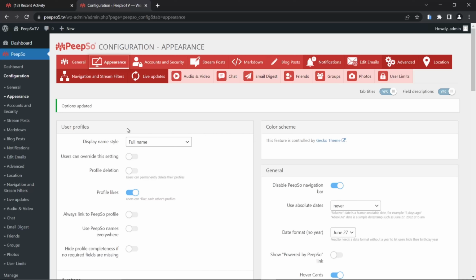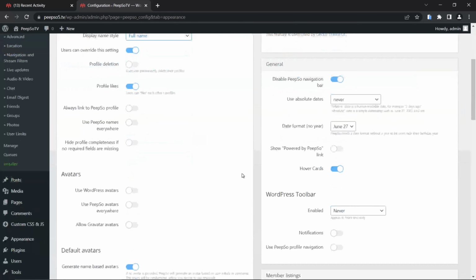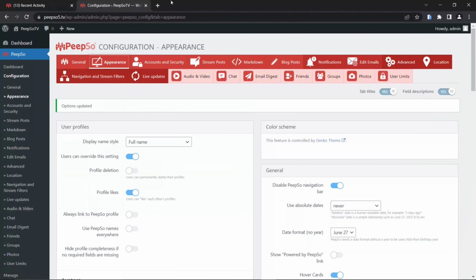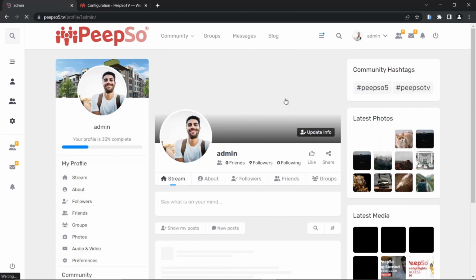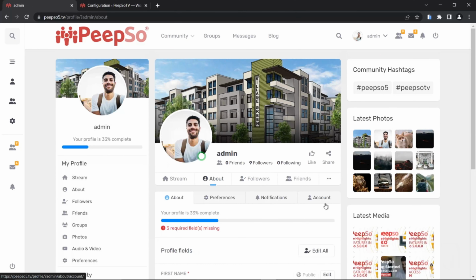And first of the options you have is the display name style. We're going to use the full name. You can also use the first name plus last name initial, and even the username, and you can allow the users to override this setting. All right, so let's switch it to full name, as I said that we are going to use it, and allow users to override this setting. Let's save it. And now when I go to the profile, in the About section, then Account,